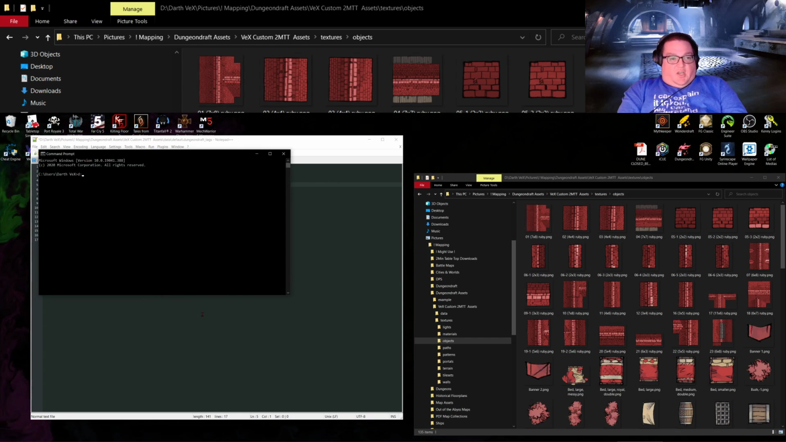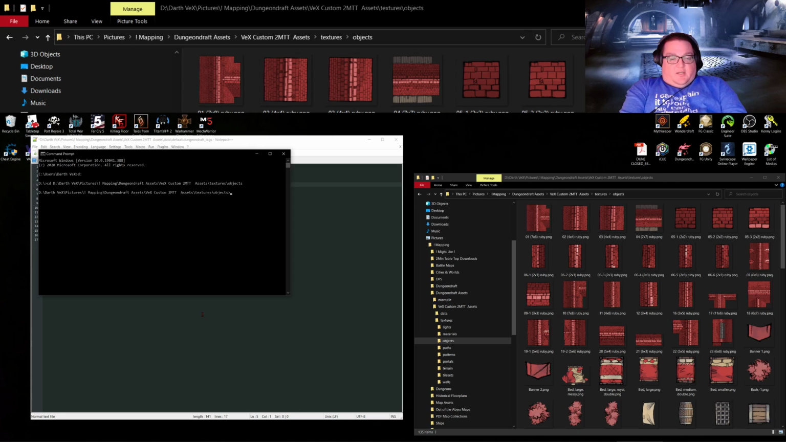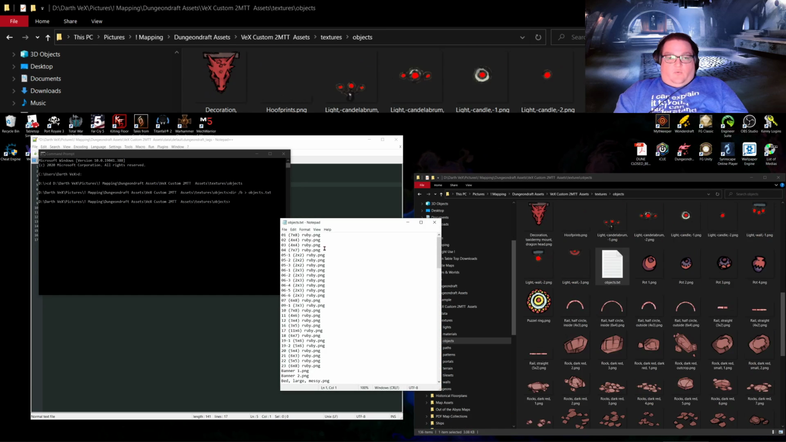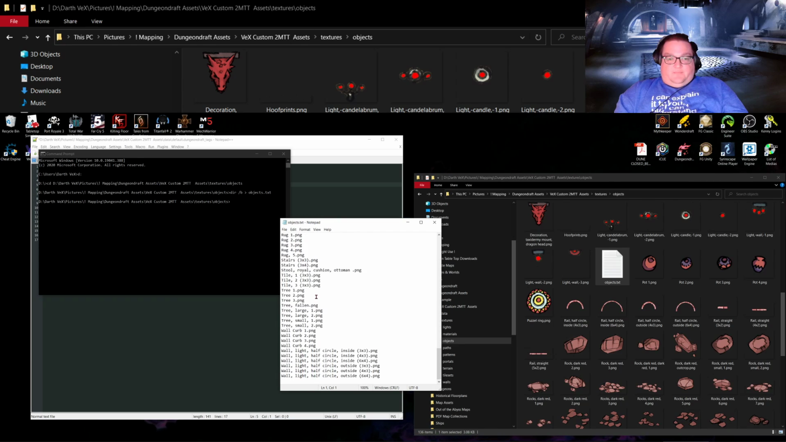And first of all, I need to change to my D drive. Then I'm going to do CD for change directory. I'm going to paste that in there. So now I'm in that directory. And now I'm going to type in a strange command. I'm going to do dir, which means directory or listing, and then /b greater than objects.txt. Now what that did is it actually created a text file with all of our file names in there,